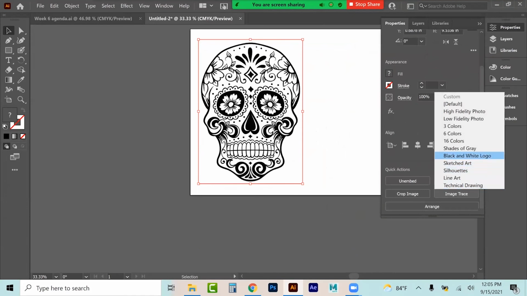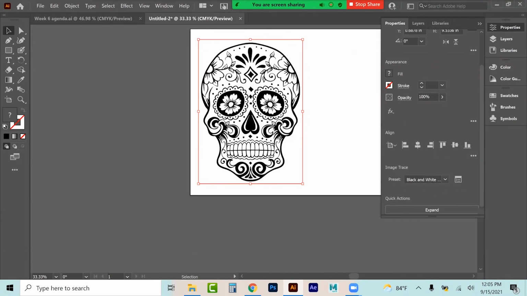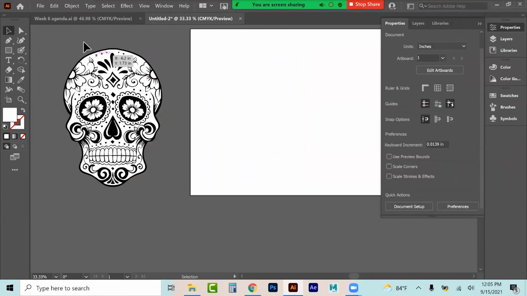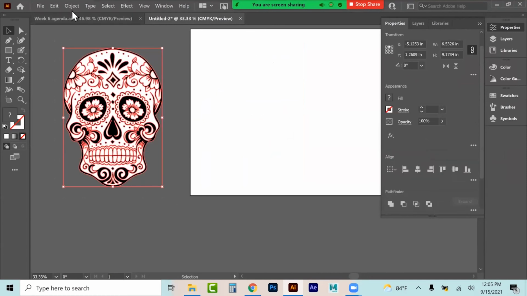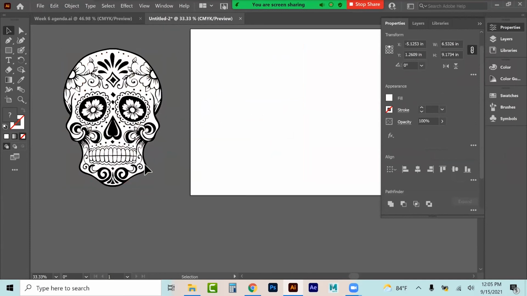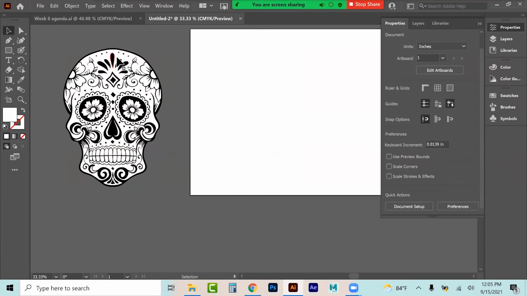Again, I can go with black and white. Okay, expand, ungroup. Go ahead and get rid of the white border. So I can take this now, make sure we convert back to a color because we did black and white, and very rapidly